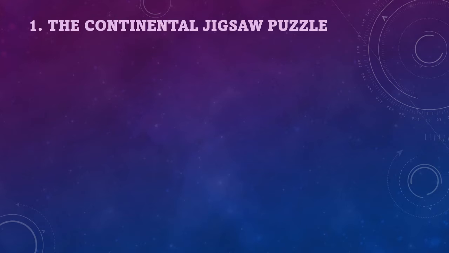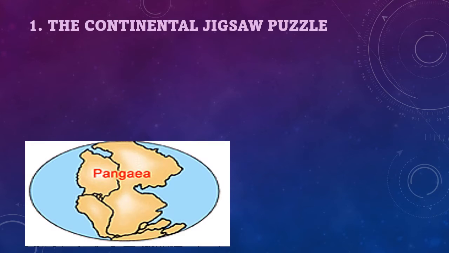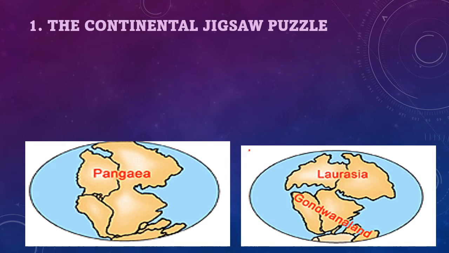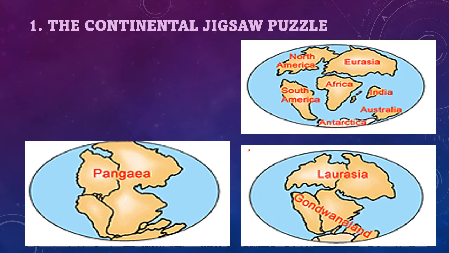The first evidence is the continental jigsaw puzzle. According to plate tectonic theory, the continents were once connected together in a huge supercontinent called Pangaea, which is surrounded by a huge body of water called Panthalassa. After millions of years, Pangaea started to break apart into two continents known as Laurasia and Gondwanaland. The slow movement continued for millions of years to form the continents such as South America, North America, Africa, Antarctica, Australia, India, and Eurasia,